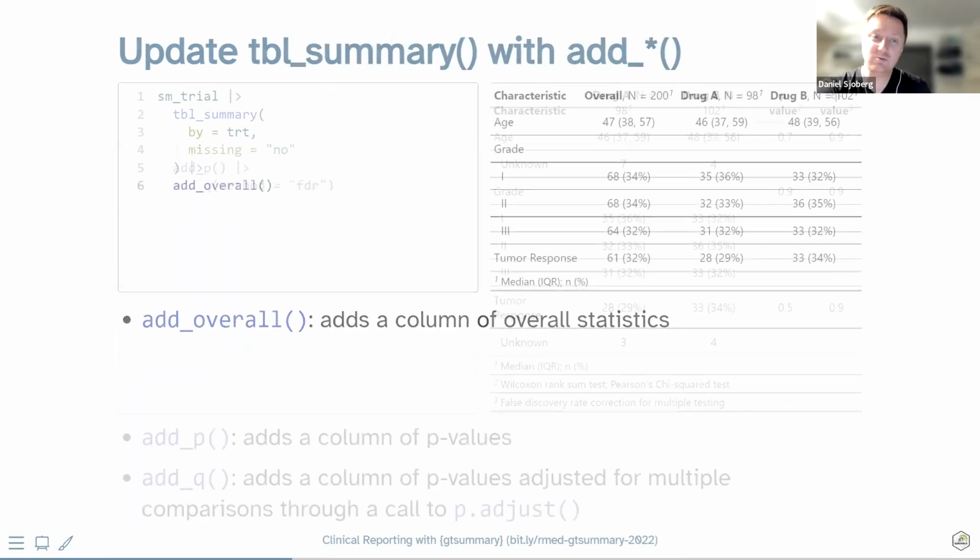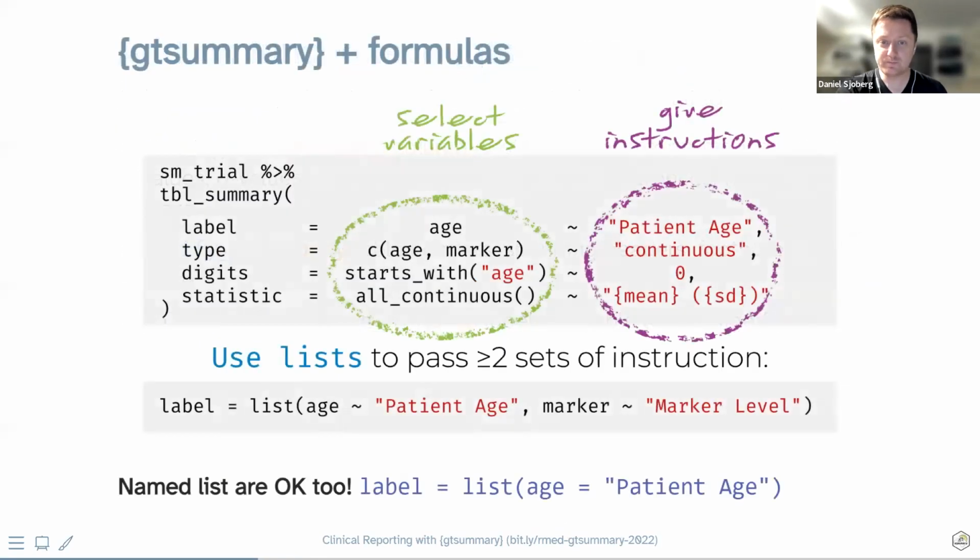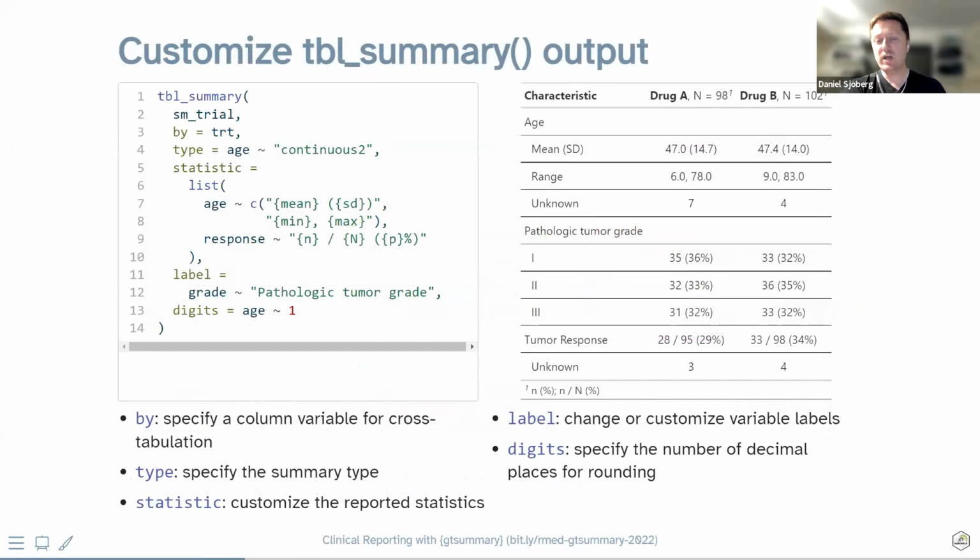But one important thing I forgot to mention is when we changed the default statistic from median IQR to mean standard deviation right here on the left, we're using curly brackets. So this is also used throughout the package, the glue syntax. If you haven't used the glue package or the stringr package, which has a function called str_glue, it is super fantastic, and I hope you read up on it a little bit. It's very straightforward and a wonderful function and package.